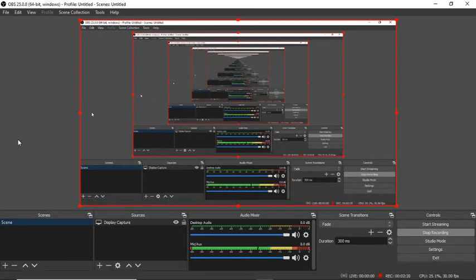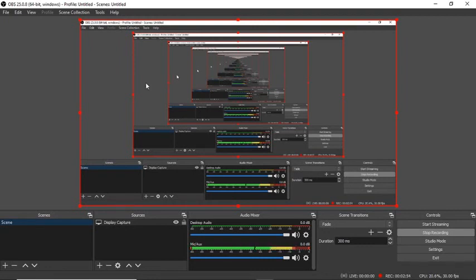So once you install it, you open Open Broadcaster software, and this is what you will not be getting. So let me make that sure first. Right now I'm using Open Broadcaster software itself to make this video, and that is why you're seeing this looped screen format, right? So when you open Open Broadcaster software for the first time after you install it, there will be a black screen, right? So you could see that in the sources I am using display capture, right? So I'm capturing my display. That's what it means, and that's how I'm able to show you what I have been doing right now.